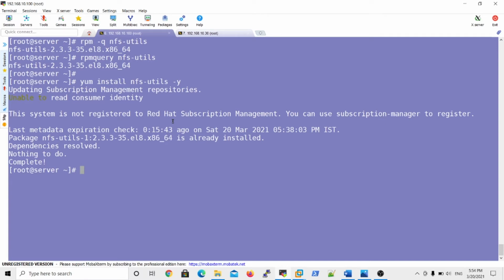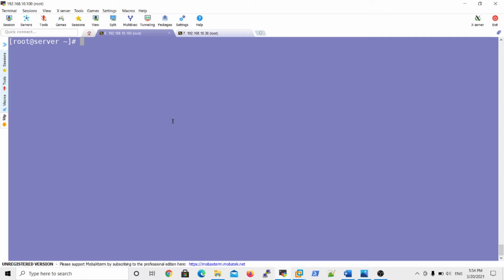Okay, the next important thing: I want to share something through the NFS server. Which resources do you want to share? I want to make a directory with mkdir, and my directory name is company data. I want to share the company data information. So I successfully created one directory named company data, because I want to share my company data folder. Now you can create some files under company data. What files do you want to share?